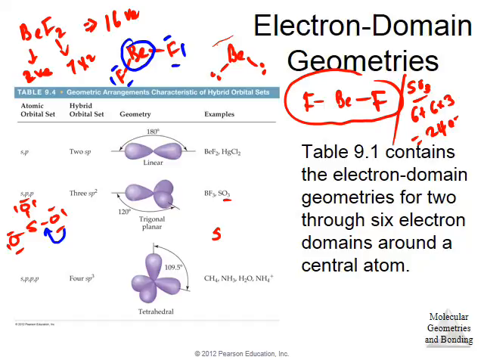S, O, O, and double bonded O. Now let's try to find out what kind of geometry or shape you would have. Now the double bond would act as a single electron domain. So basically you'd be counting as if there are 3 electron domains around sulfur, and 3 domains would give you